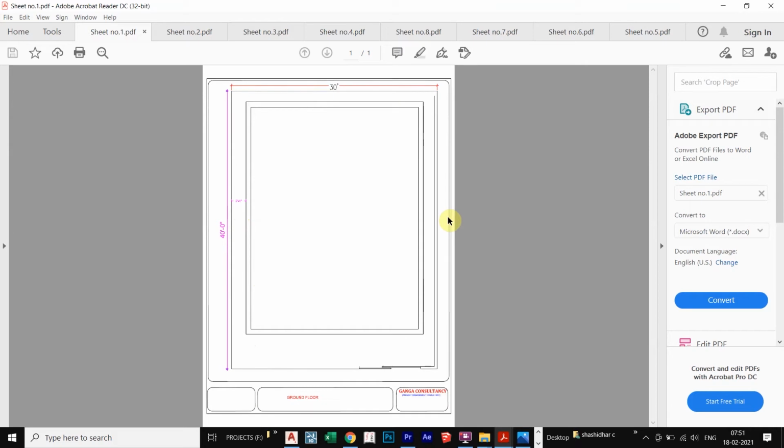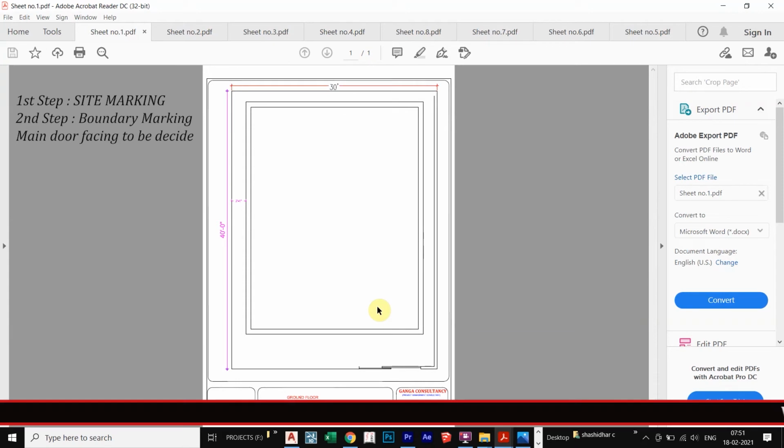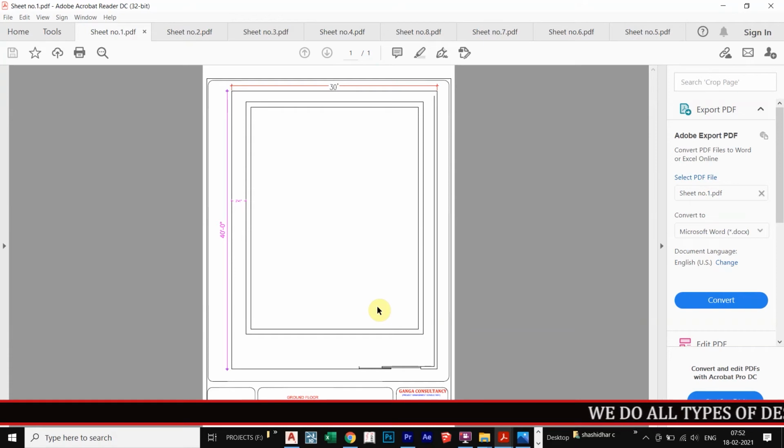This is the first step, and the second important step is to decide in which facing you are looking for the main door. This is basic and important. A lot of people have different options like east facing, north facing and south facing. According to the facing, we have to design the parking.